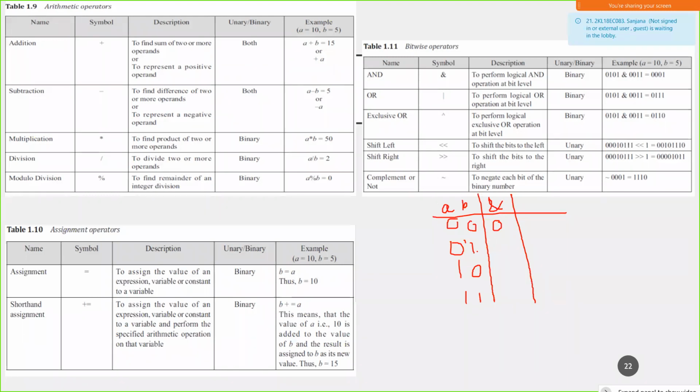So 0 ANDed with 1 is again 0, 1 ANDed with 0 is 0, 1 ANDed with 1 is 1. So if any of the bits is 0, the result of ANDing is 0. Similarly, we have the OR operator, that is, the broken pipe.